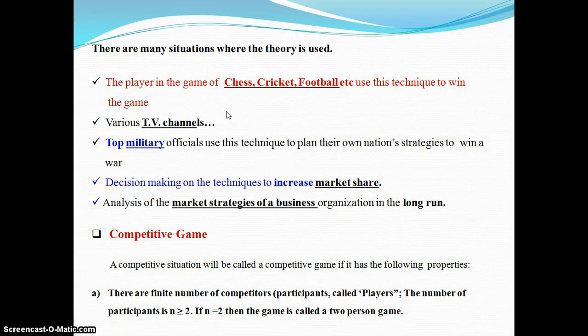A different player, each and every player choose his own strategy. In cricket, you know the googly. In chess, use the different strategies, and football also use the different strategies.